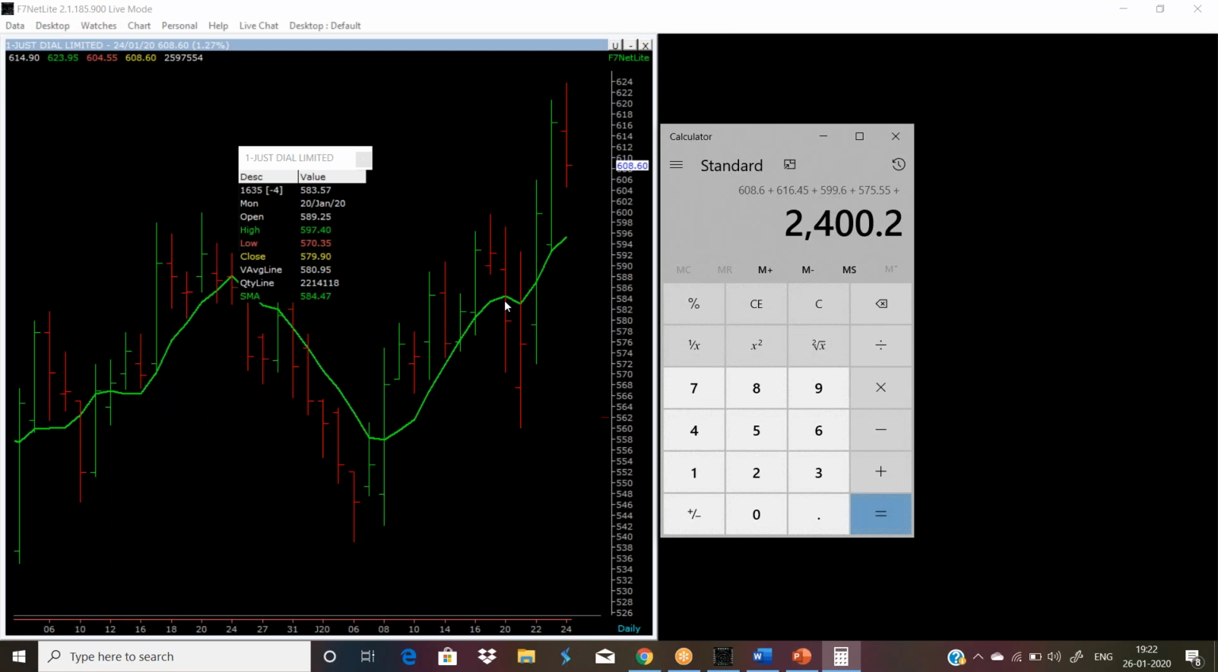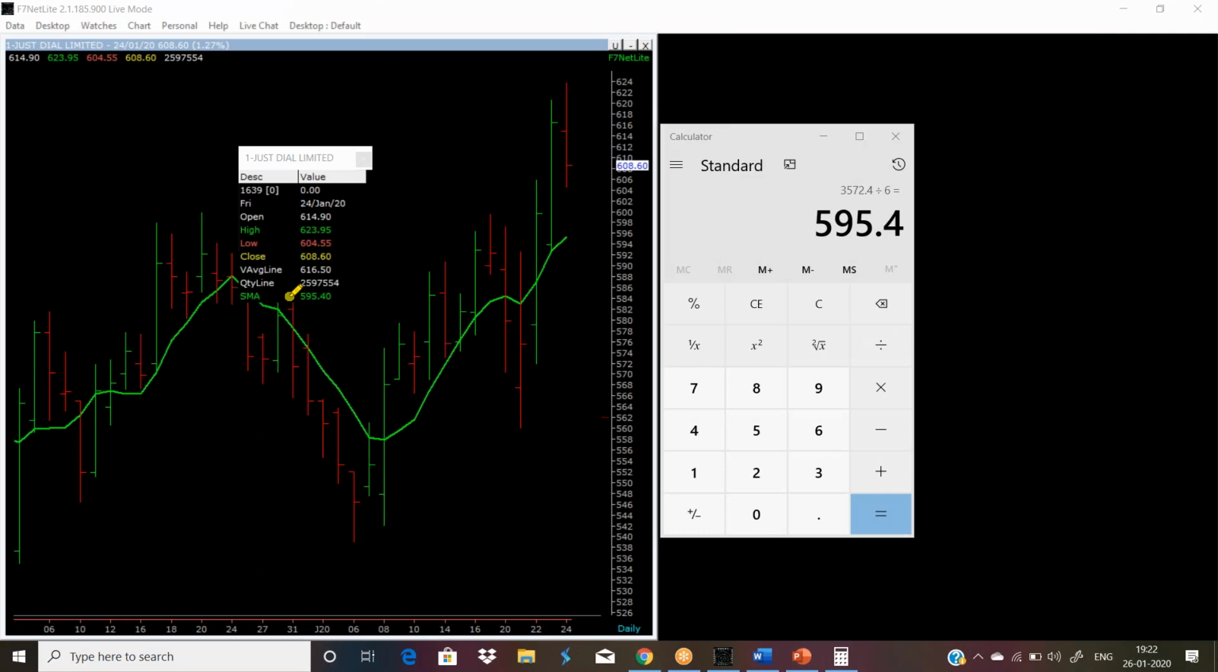Now the fifth, 579.90, plus this is 592.30. Now this becomes the sum of 6, divided by 6, it becomes 595. So here, 595.40. If you check the value here, 595.40,